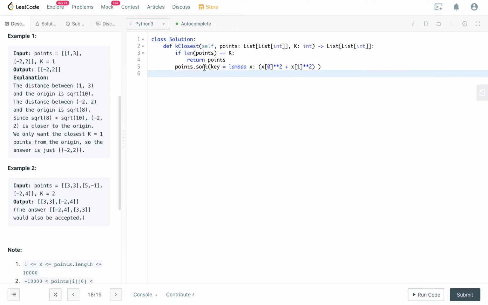And the sort function by default sorts the numbers from the